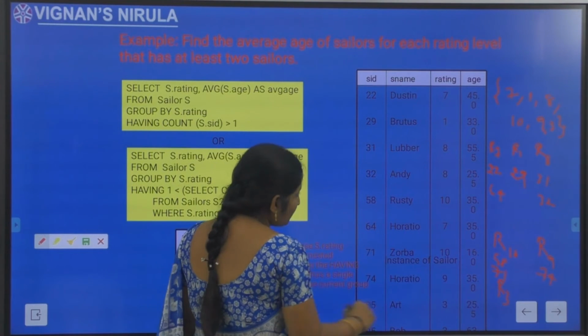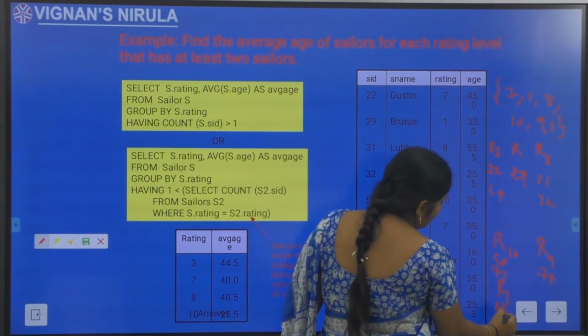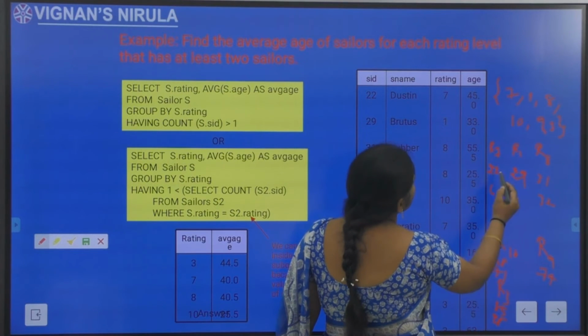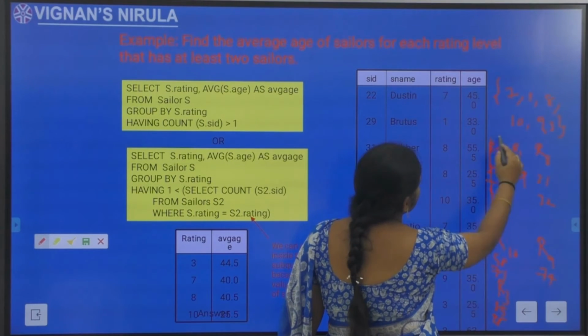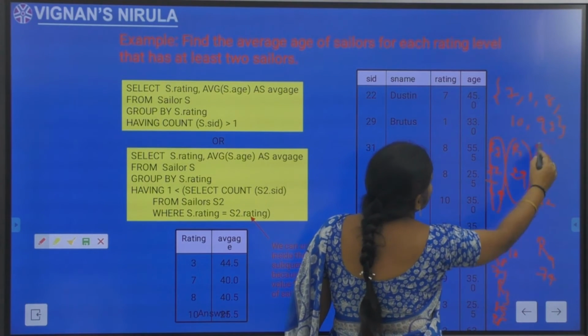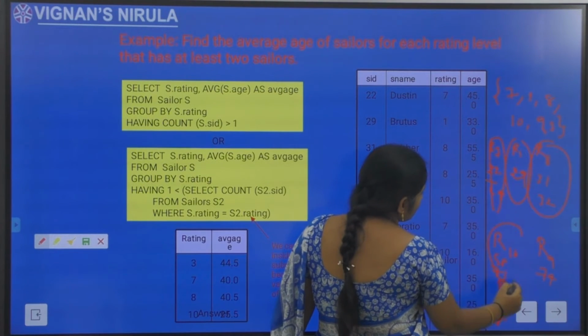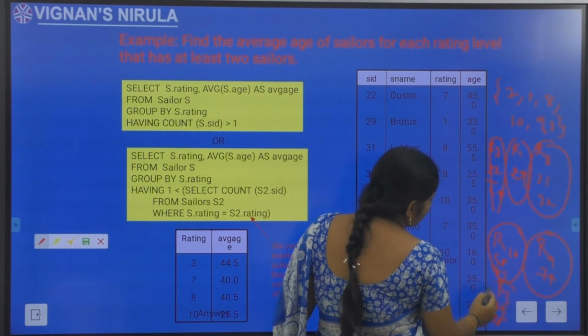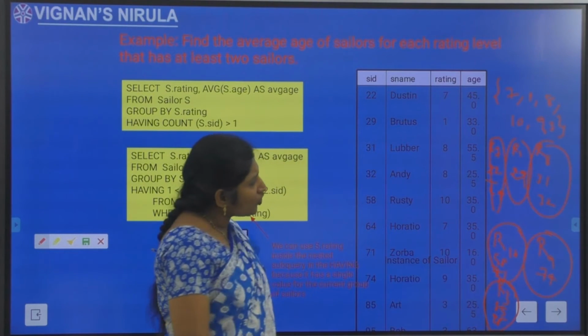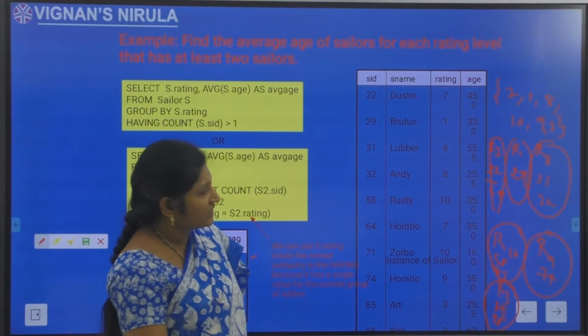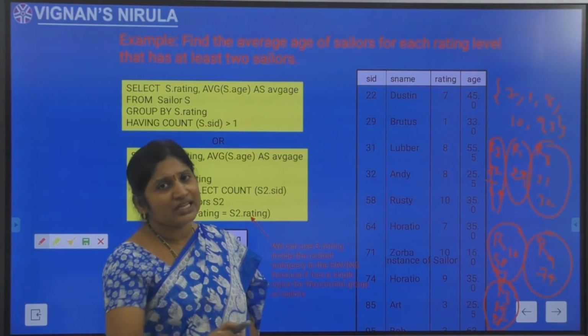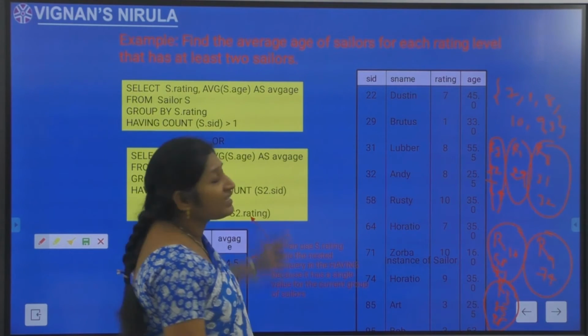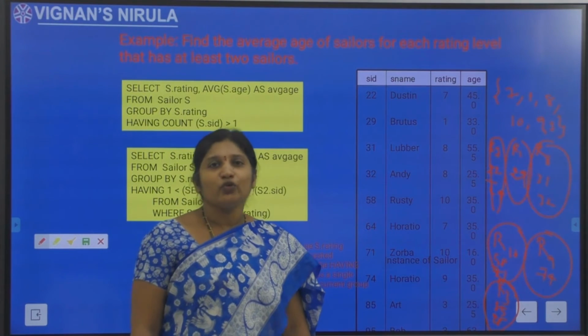R3: 85 and 95. I have only written the SIDs. So this is one group, this is another group, another group, another group, another group, and this is the last group. How many groups have we found? 1, 2, 3, 4, 5, 6 groups are found depending on the rating level, because the rating attribute has been mentioned in the group by clause.